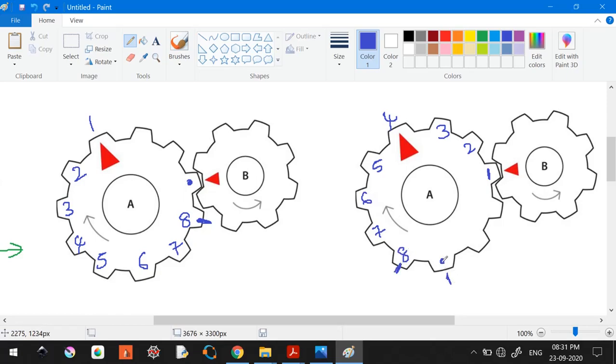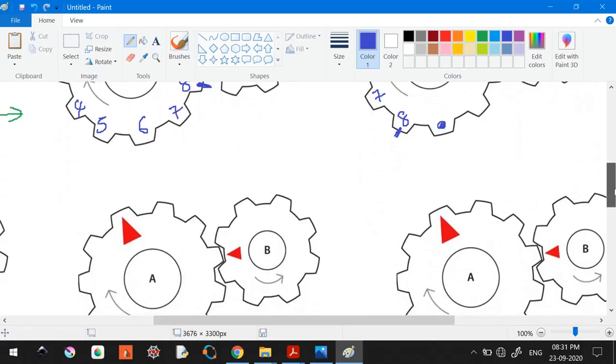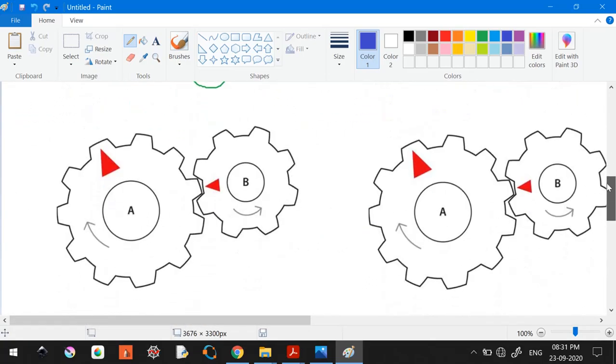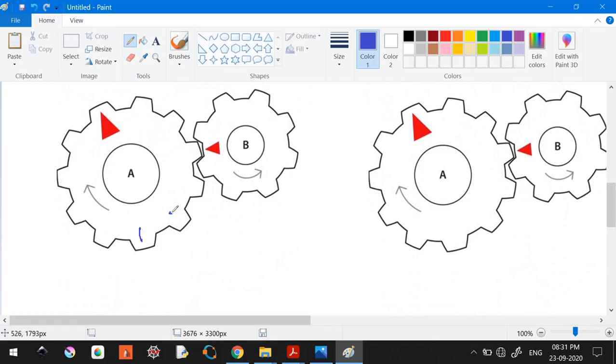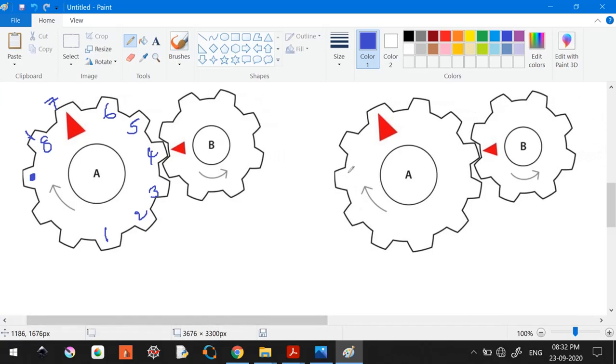I should start from here, right? I will put 8 marks, otherwise it is confusing. So I should start from the bottom. So this is 1, 2, 3, 4, 5, 6, 7, 8. Still one step behind. So I should take this as start now, which means this is going to be 1, 2, 3, 4, 5, 6, 7, 8.